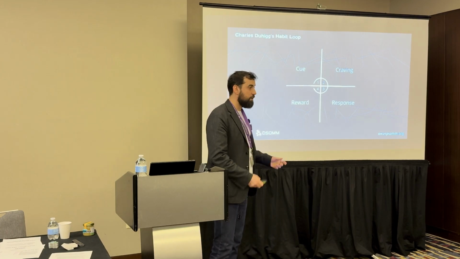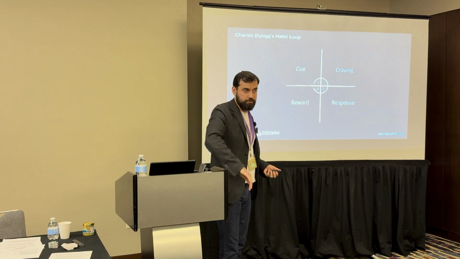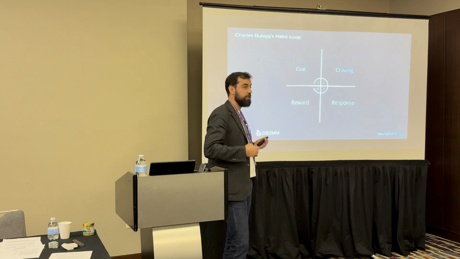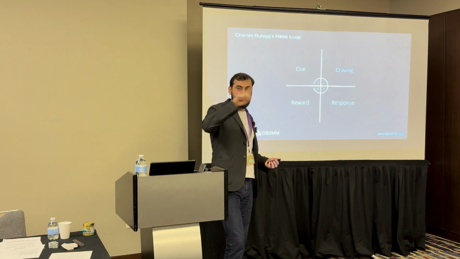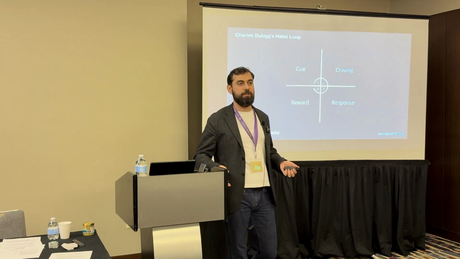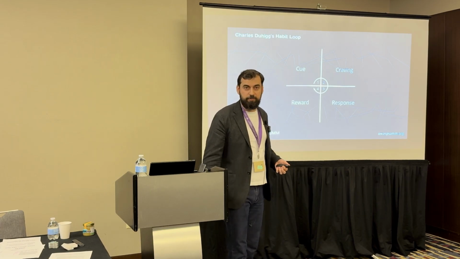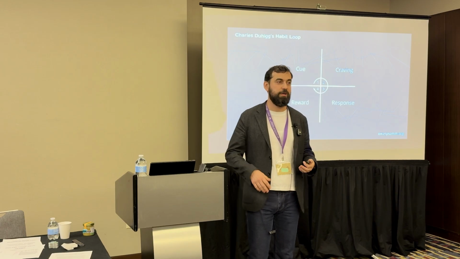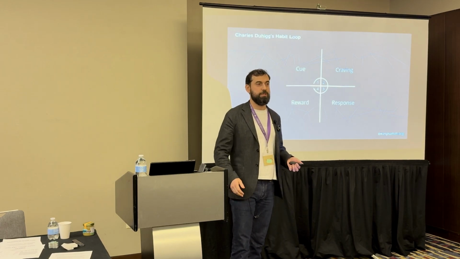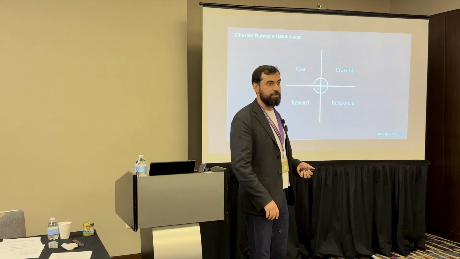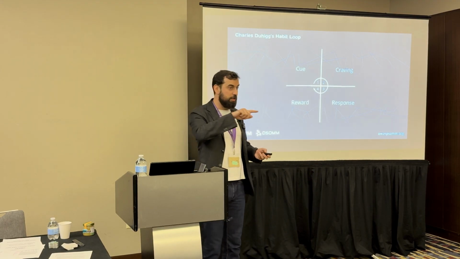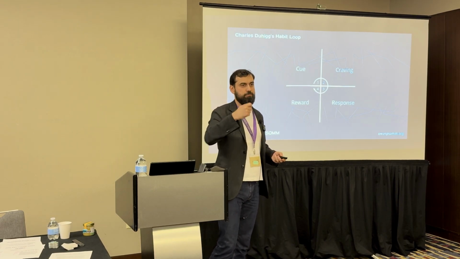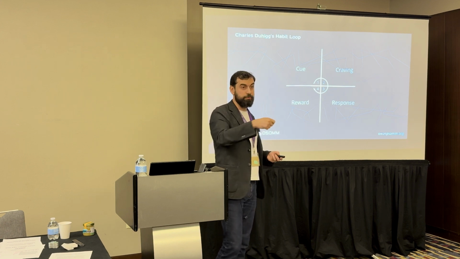So you get a craving, you find a solution, you respond, you click on the light, and suddenly it's bright, and you see everything, and you feel a reward. You feel good about it. If you repeat this loop many times, the second time I enter the room, I again feel uncomfortable. The third time, too. But eventually, before I feel uncomfortable, I just hit the light switch, and it becomes a habit. Every time I enter the room, without thinking, I open the light. Even sometimes when the light is on, I enter and hit the switch, because now it has become automatic. So it's about creating this loop many times for whatever activity you're doing, and it becomes automatic without making them experience craving or reward.